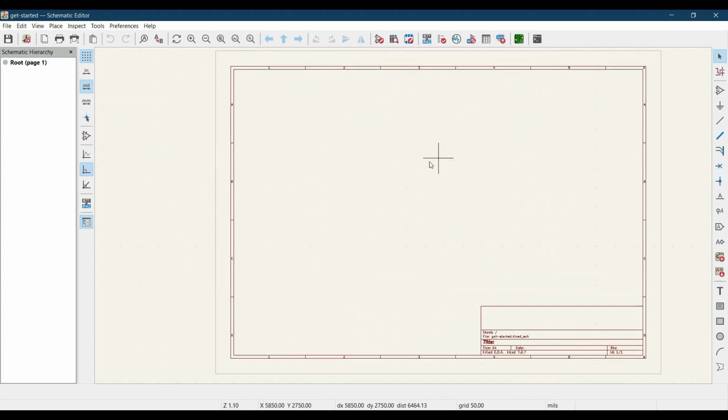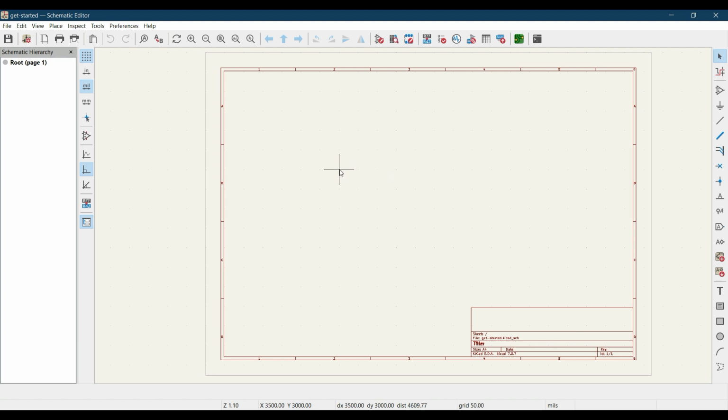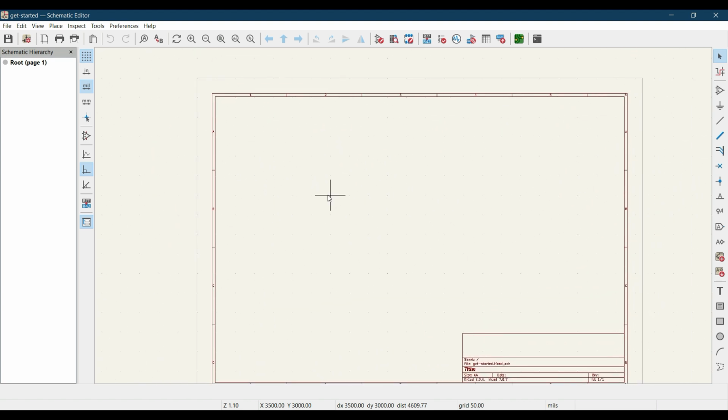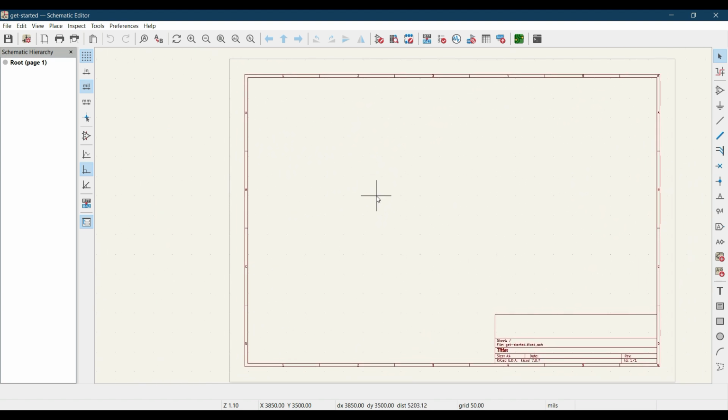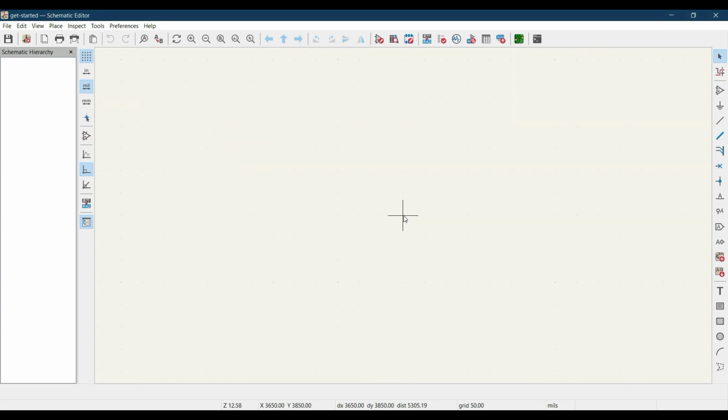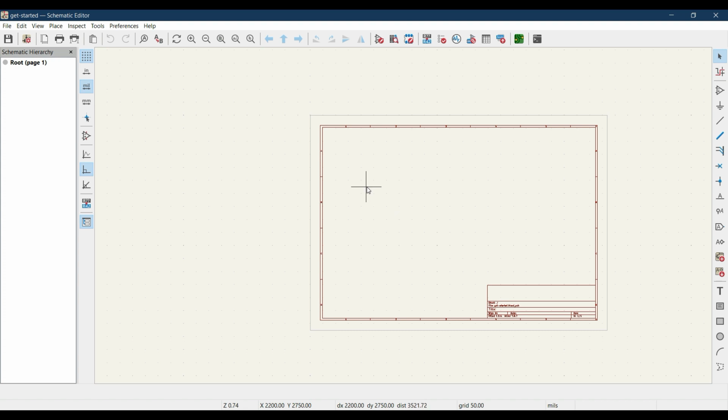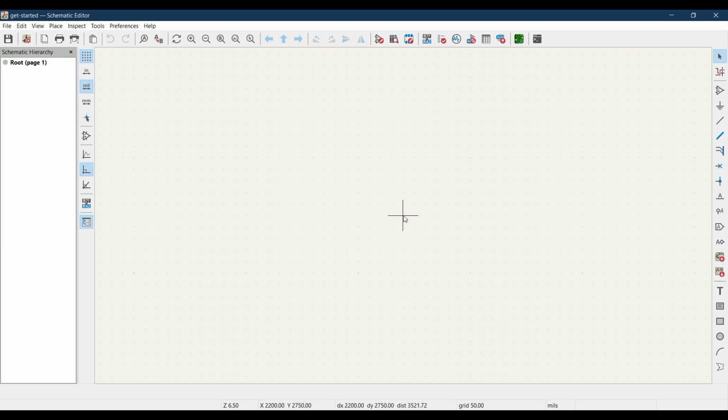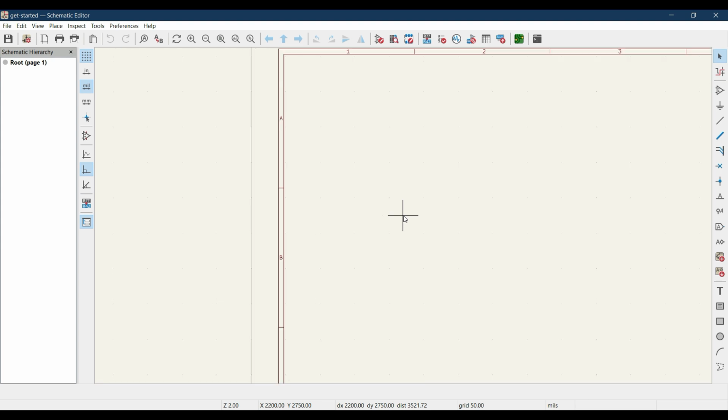can move your schematic, or press the center button of your mouse, and in this way you can also pan your schematic. The other thing is to zoom in and zoom out. If you are using a mouse, then you can rotate the wheel on the mouse to zoom in and zoom out. The other way is you can also use the F1 and F2 keys on the keyboard. So if I press F1, this will zoom in the schematic, and if I press F2, this will zoom out